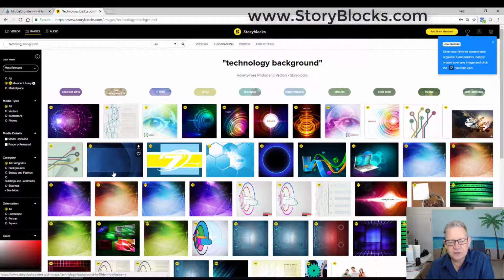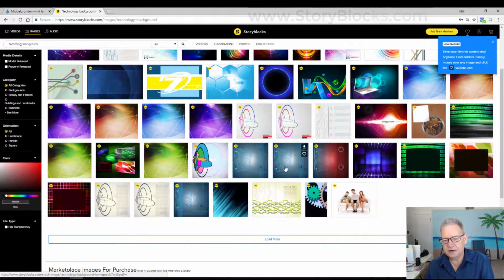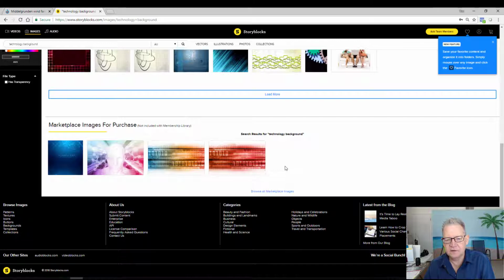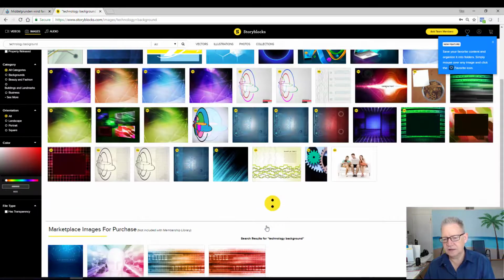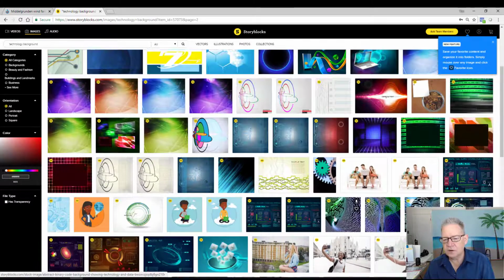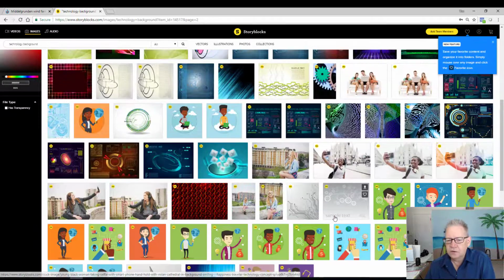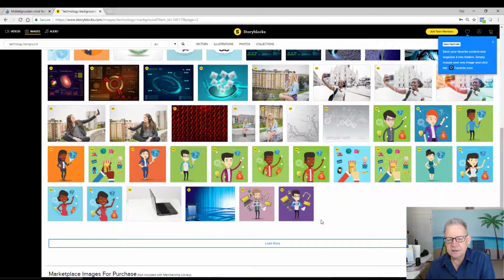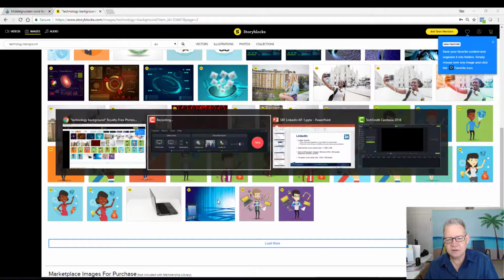So you get some cool stuff. You can see there's one here that I've actually used in my own stuff, but you got this laptop, you got circuit boards, you get all kinds of stuff, and there's just lots and lots of it. There are also paid images. So if you want to spend a little money, you can, but in terms of learning the process, let's go ahead and start with just something that is